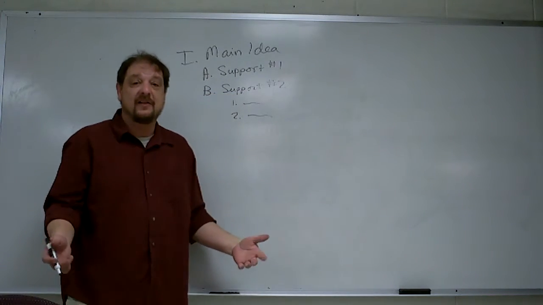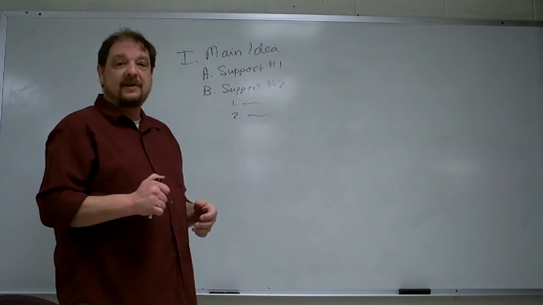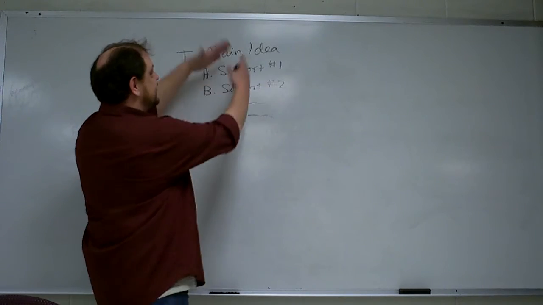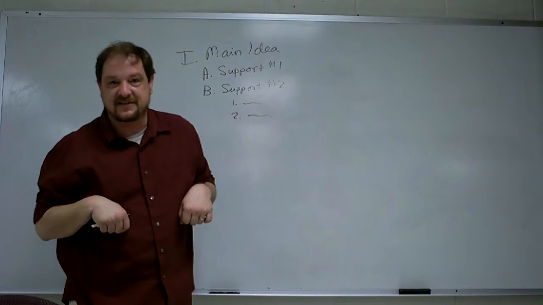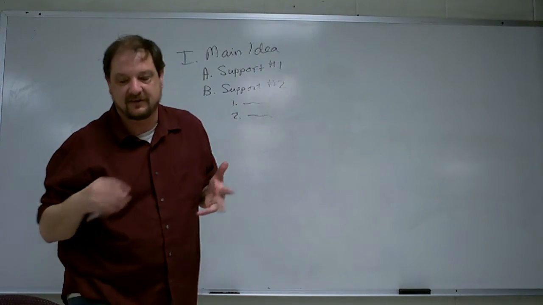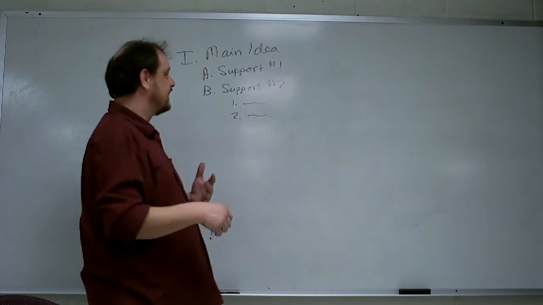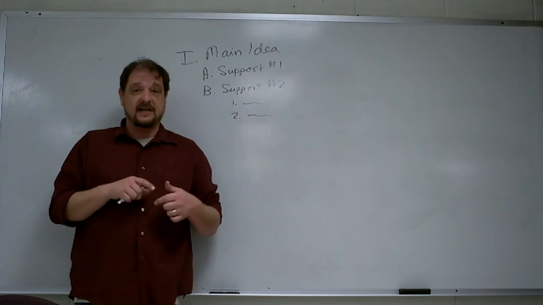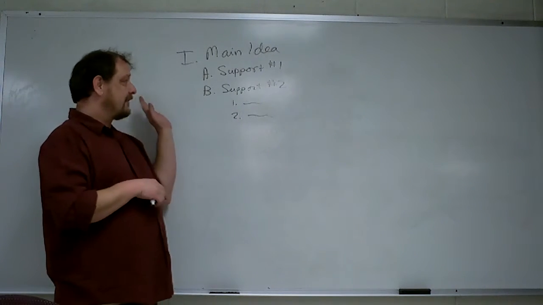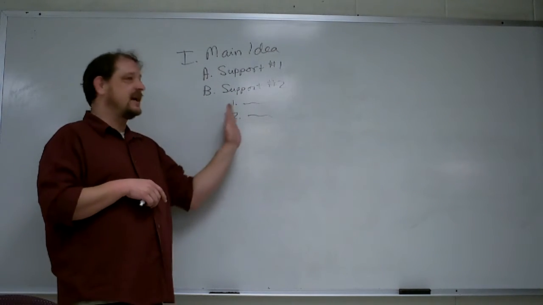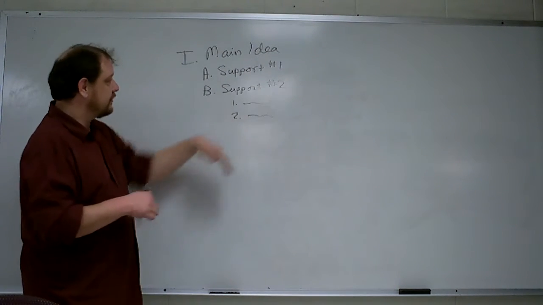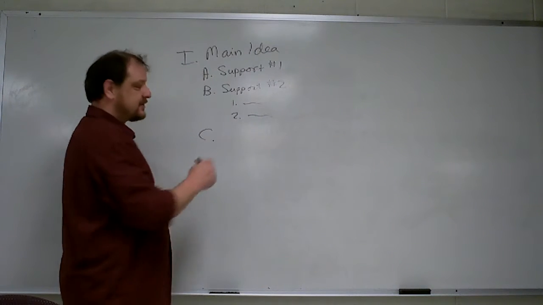I think of it like an umbrella. You probably have a better metaphor, but my metaphor is an umbrella. It's like the main idea umbrella goes all the way out to here, so it's enough to cover all the stuff that's underneath it. That's how it works for me. The point is that when you're organizing information in an outline, every time you come to an idea that supports what you just listed, you got to indent. And then when we're done with support number 2, well, heck, we'll move on. Support number 3,